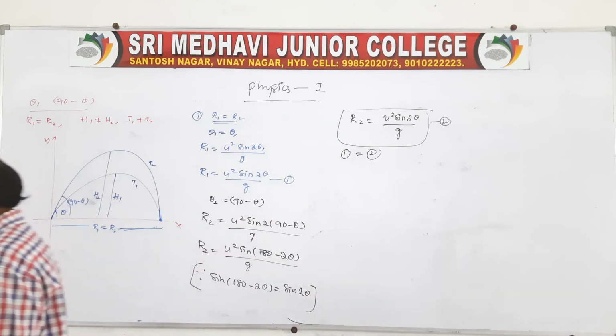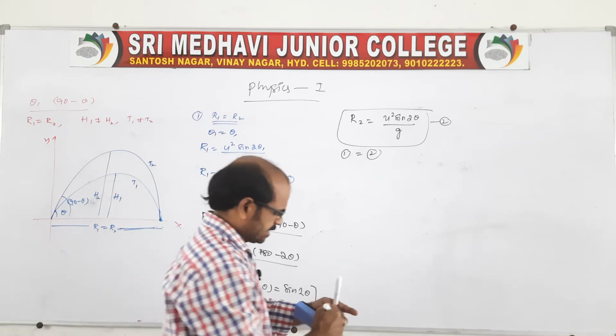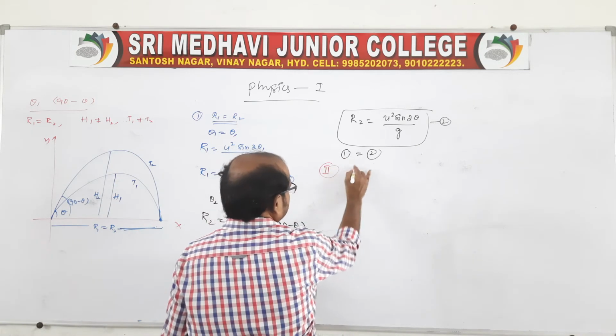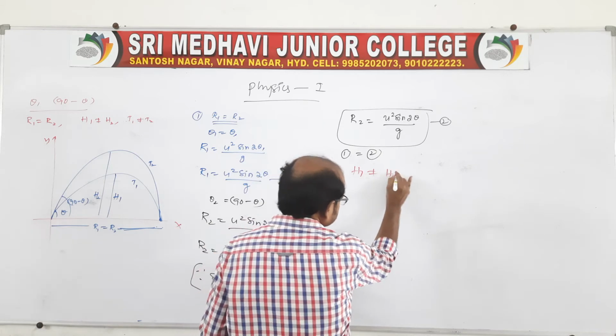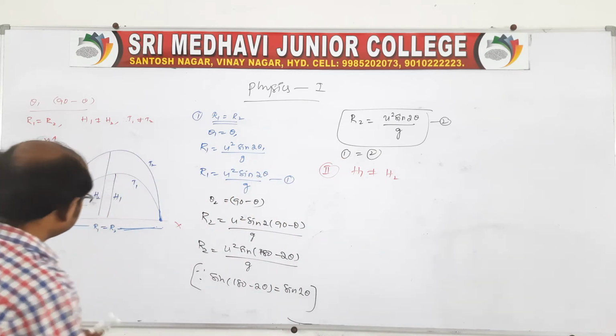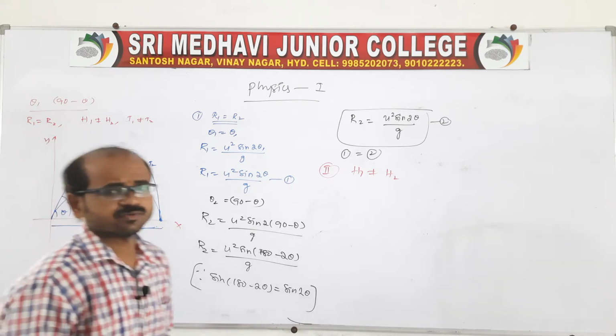Like that, in the same way, we have to show the maximum heights are also different. See, that I will give you for maximum heights. Second case: maximum heights are not equal. Of course, it is not equal. That we have to show. In the diagram, we are showing the maximum heights are not equal. But in a mathematical way, that also we have to prove.